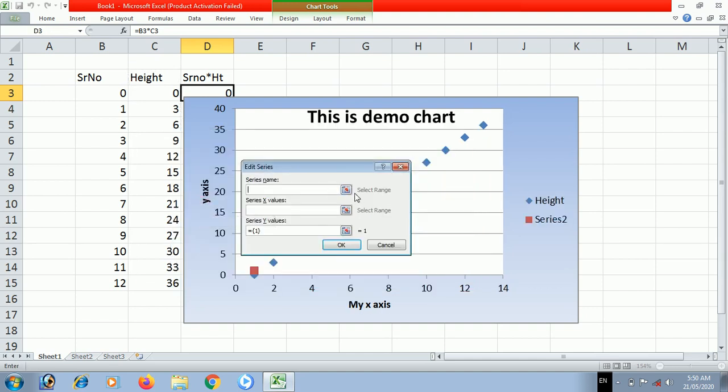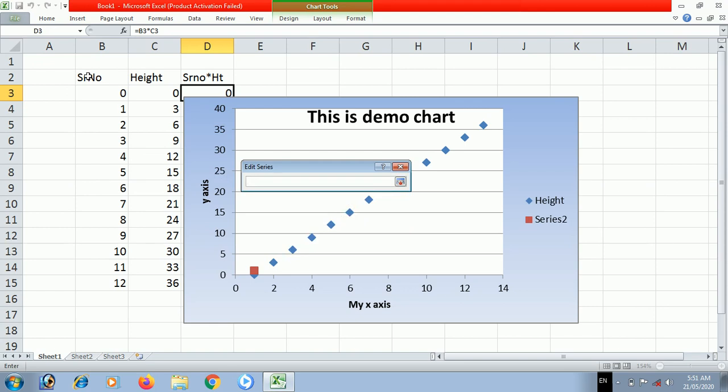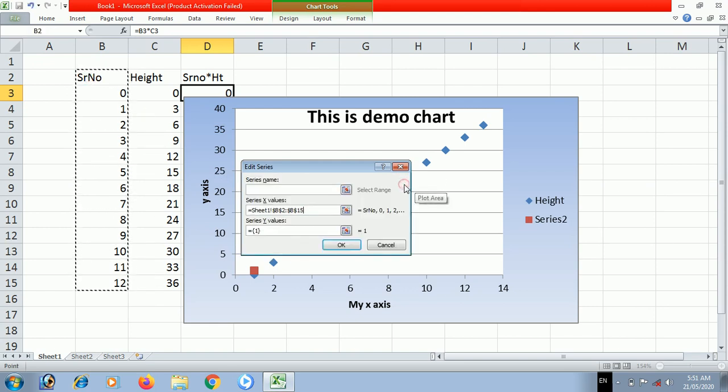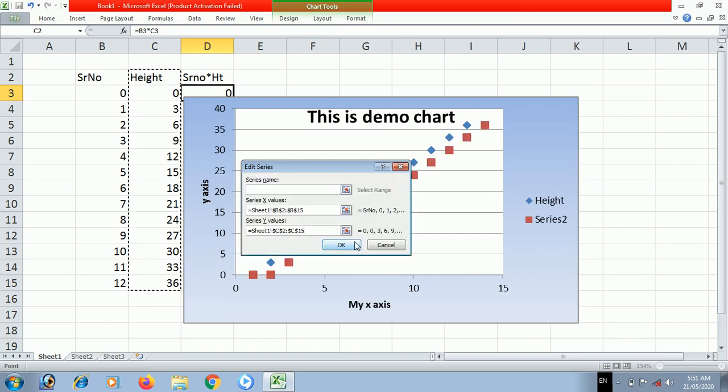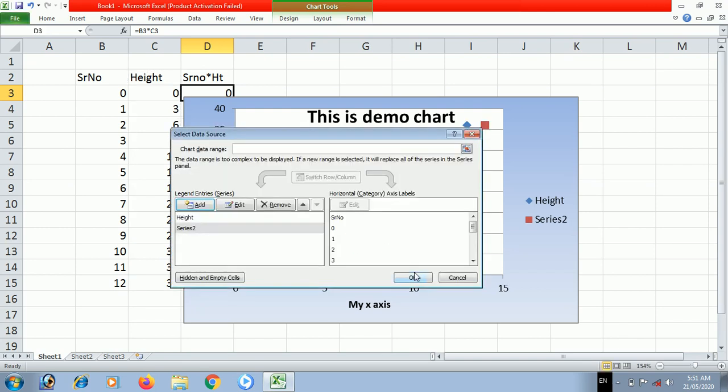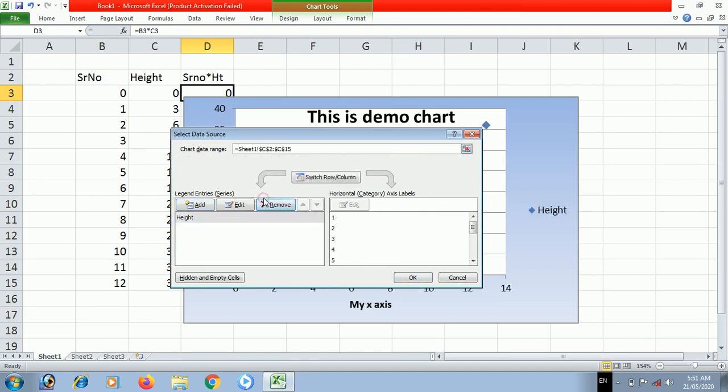Series name, series X values, will take this, and Y values I will take this, height to this one, and I will say OK. And this series 2 I will remove.